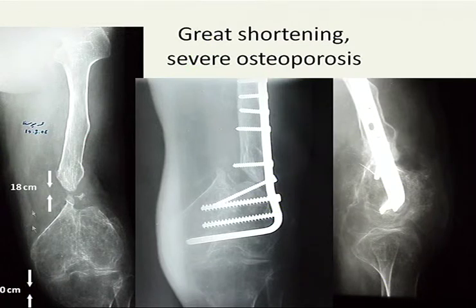So we found that solving the 2 problems of non-union and shortening in one stage would be a failure, because this type of bone would not allow distraction at all. No pin or wire will hold in this bone. So condylar plate and bone grafting was put as a first stage here until we got union of the fracture, and then